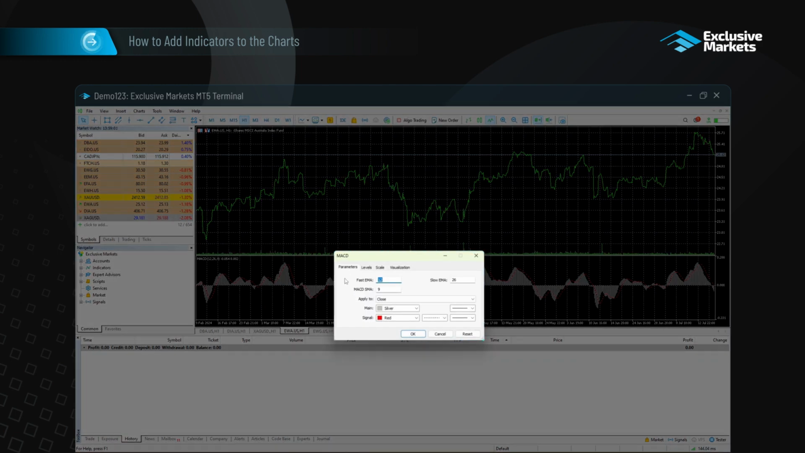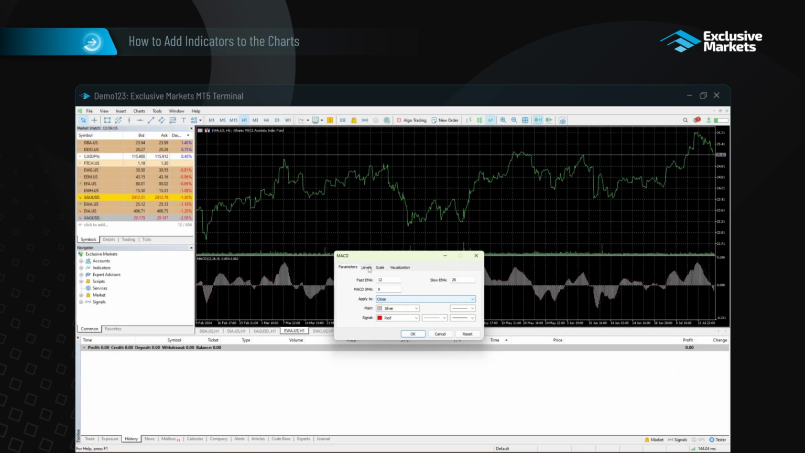For example, using the MACD indicator, you can specify settings in the Parameters tab, add fixed line levels in the Levels tab, adjust the indicator scale in the Scale tab, and select the timeframes on which the indicator is visible